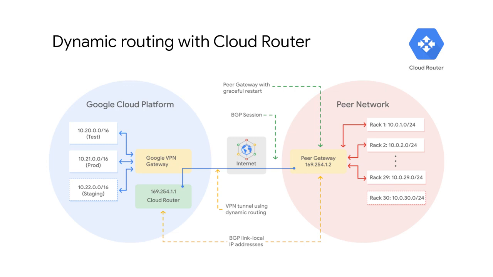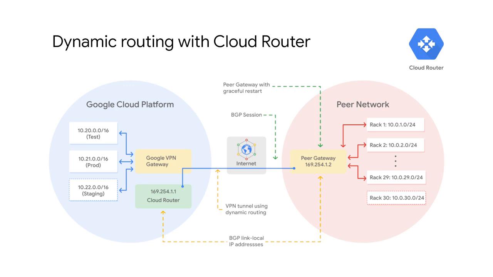To automatically propagate network configuration changes, the VPN tunnel uses Cloud Router to establish a BGP session between the VPC and the on-premise VPN gateway, which must support BGP. The new subnets are then seamlessly advertised between networks. This means that instances in the new subnets can start sending and receiving traffic immediately, as you will explore in